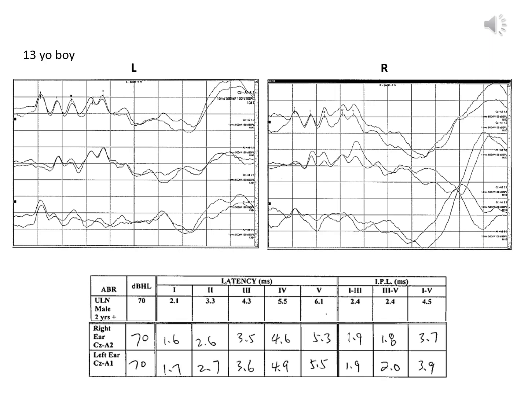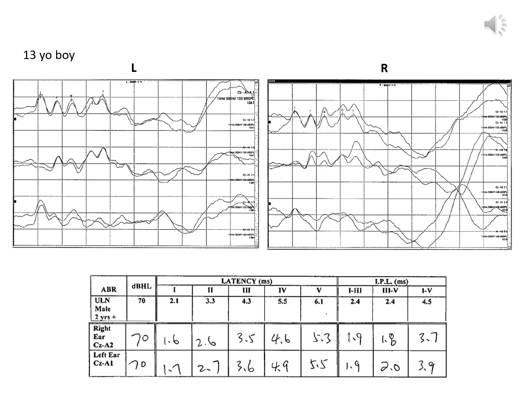This is a recording from a 13-year-old boy. And so we'll see the tracing of the left ear and then also from the right ear. So in each panel for the left ear, the top tracing is the ipsilateral or stimulated ear, in this case the left ear, relative to CZ. The second tracing in the panel is the opposite ear, the right ear relative to CZ, and then the bottom tracing in the left panel is the left ear relative to the right ear,